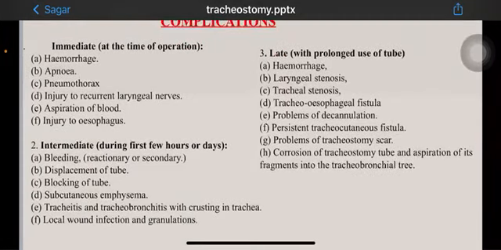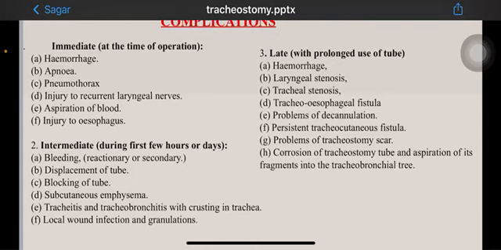Complications: immediate, intermediate, and late. Immediate: at the time of operation, there can be hemorrhage, apnea, pneumothorax, injury to recurrent laryngeal nerves, aspiration of blood, injury to esophagus. Intermediate: during first few hours or days, bleeding, displacement of the tube, blocking of the tube, subcutaneous